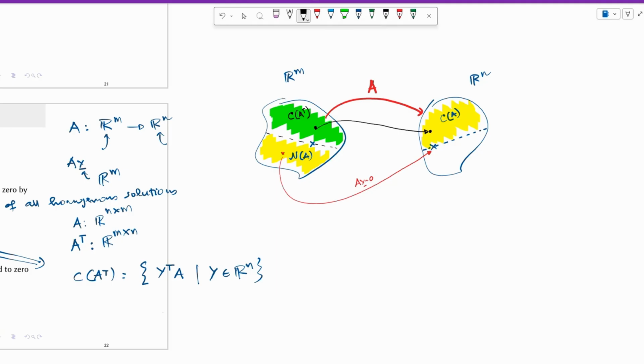Okay. See, and notice that the null space has 0. The row space also has 0. So both of them have the 0 vector. Okay. Of course, if you take 0, it will produce 0. And because 0 belongs to both the row space and the null space, and it also belongs to the column space, what I'm saying is still correct. 0 from the row space will get mapped to 0 from the column space. But if you take a non-zero value from the row space, it will, by definition, produce a non-zero value in the column space of A. Okay,